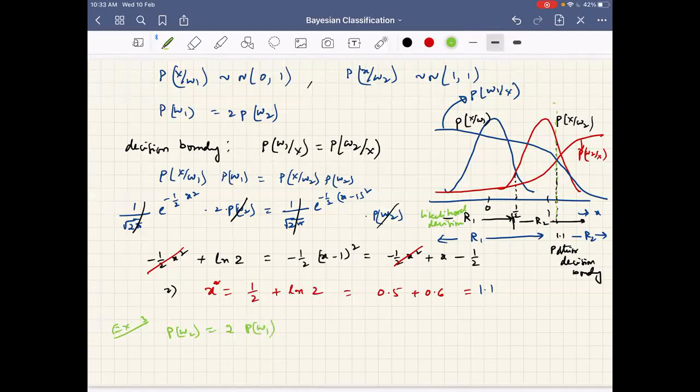The decision boundary shifts towards the left one. So the scenario will be completely opposite. That's how things will happen. Even in 2 dimensions, things will happen in a similar manner. Decision boundaries will shift away from the mean of the most probable class. We will see one 2-dimensional example as well, to get a better idea.